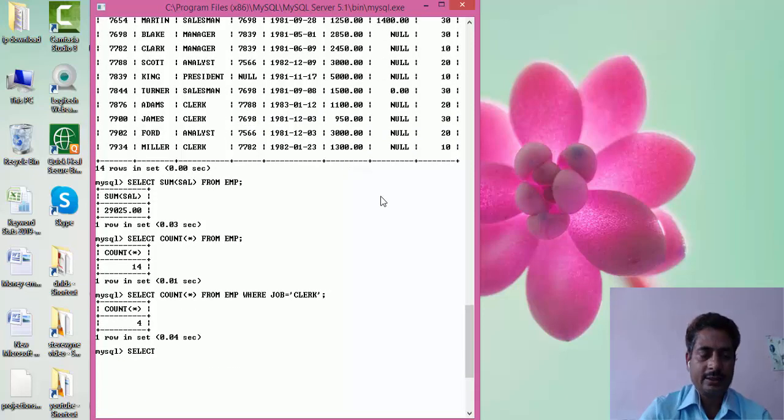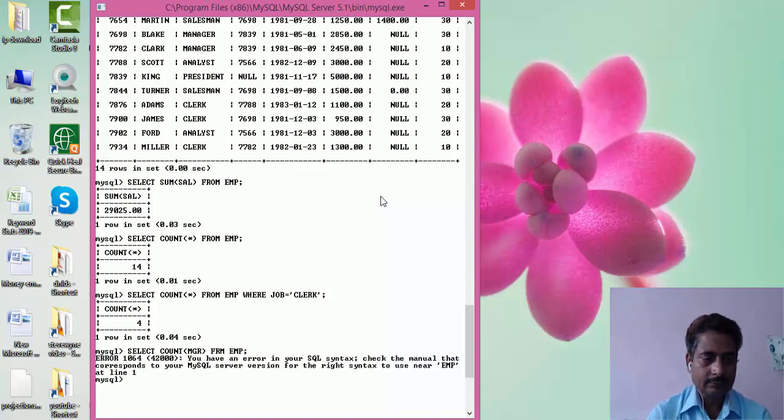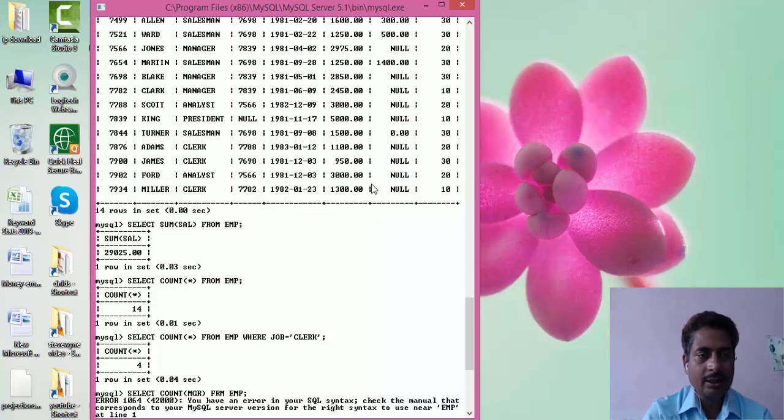See here, select count mgr. We are not using the asterisk sign here. From emp.